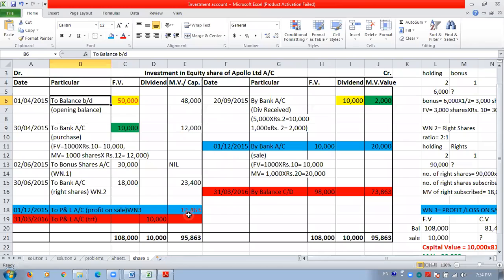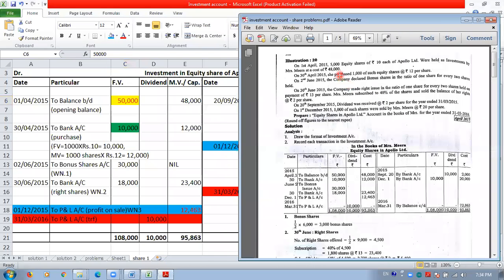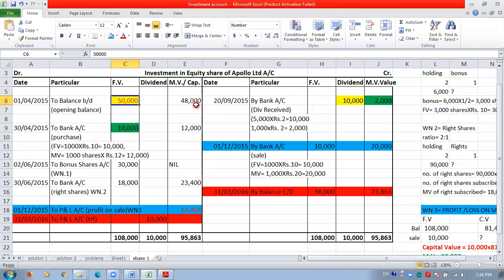So rupees 10 each is the face value of each share. So 5,000 shares, multiply it with 10 rupees. Okay. So it is 50,000 face value. And the market value or the cost is 48,000. So we put here 48,000 in the capital value column. So the opening balance we have written here. Then the next